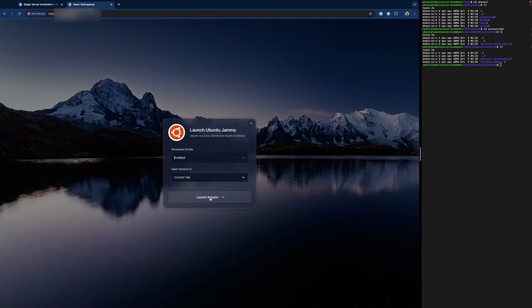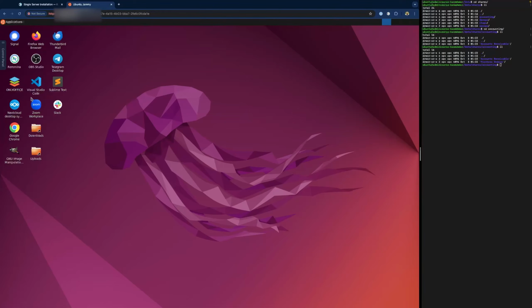Launch Ubuntu Jammy. Persistent profiles enabled. We will launch. And on my desktop, there is no syllabus.pdf. So again, for file mappings when persistent profiles are not configured and you're trying to put something on the home directory for a user, in this case, we're trying to put it on the desktop, this may not be the most effective way because of this procedural check.